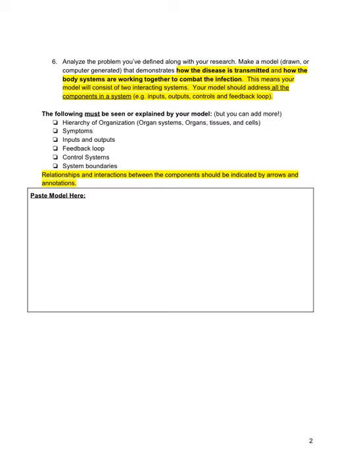Alright, honor students, today you're making your model. To make your model, I'm going to walk you through this process, okay? The task is to analyze the problem you defined along with your research. So we need to think about, and to identify the problem,